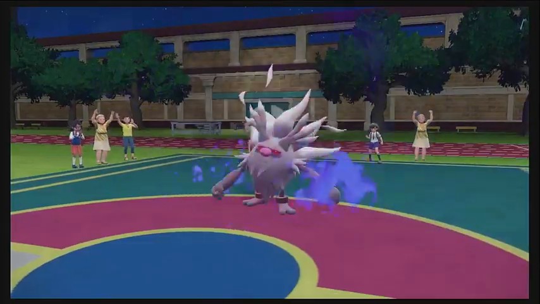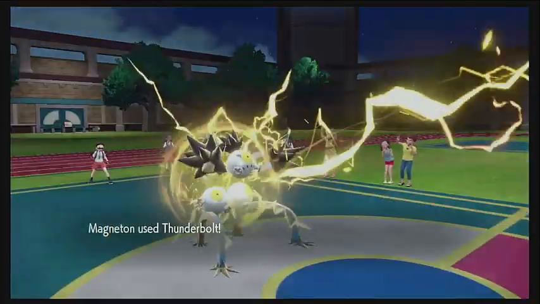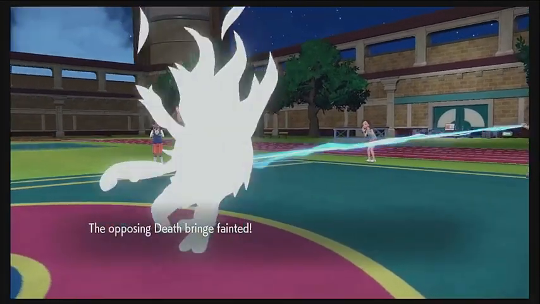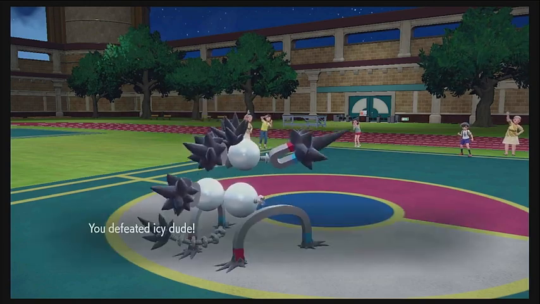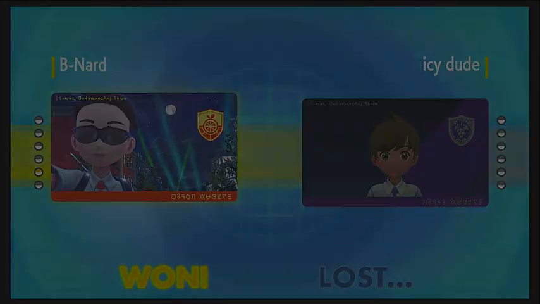I think it's going to be stronger than the first. And yes, we can survive with 8 HP in the red. We survive the Rage Fist, go for the next Thunderbolt, and that's going to take out the Annihilate, and that is game. Wow. All right, so we're going to win that one 1-0 against Icy Dude,